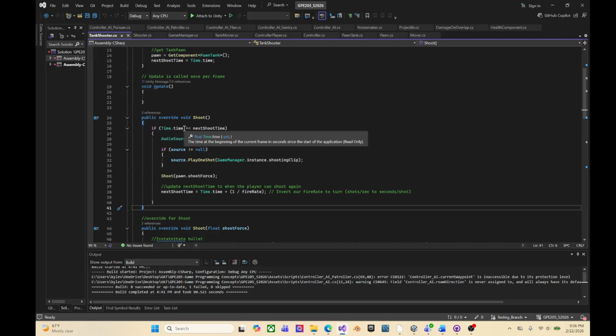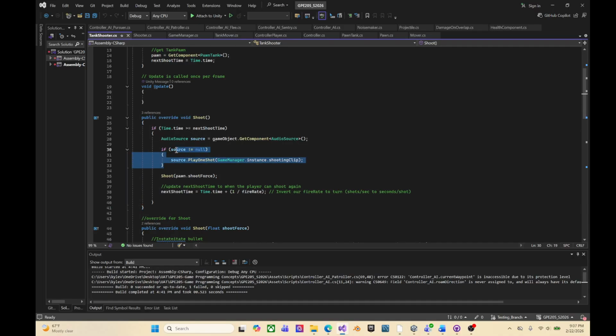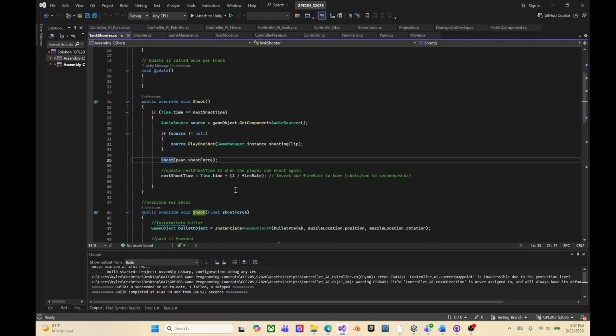If it is time, then we're going to do sound, but this is new, we'll talk about that later. We're going to do the override for shoot, which is shoot with shoot force, and then